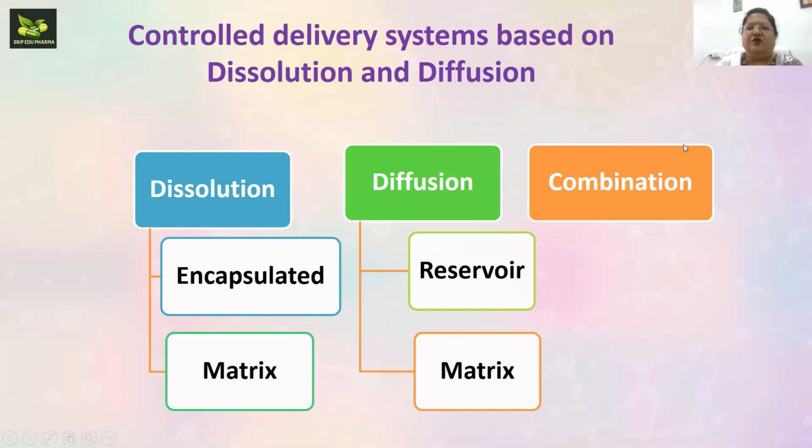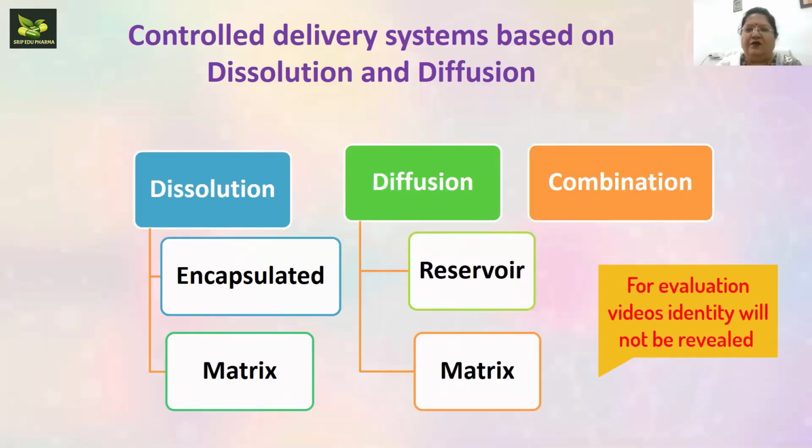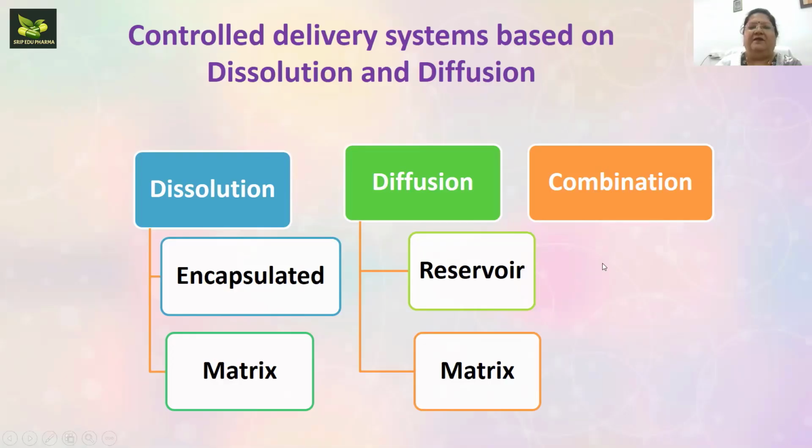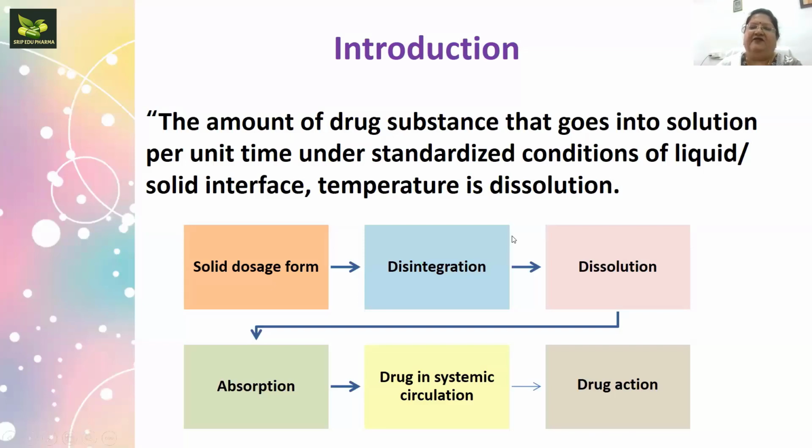So in this way, you can make a first page slide. And in this, if you want it to be prepared for some channel, then you have to keep an icon of your channel. Otherwise, if you are preparing this video for presenting for some evaluation purpose, then you don't have to give your identity, but you have to make a proper PowerPoint, and then you have to discuss each and everything in the PowerPoint. So in this way, this is the second slide. You have to explain this slide also. Then if you press enter, then the next slide will appear.